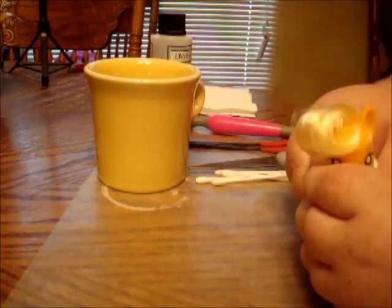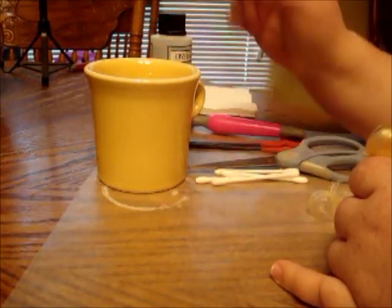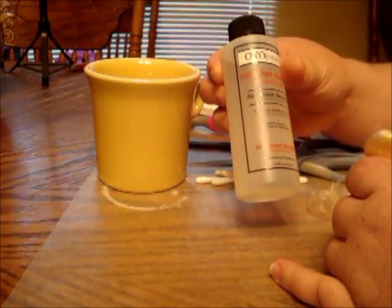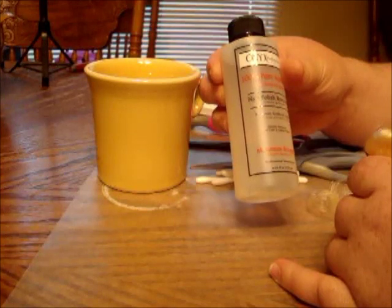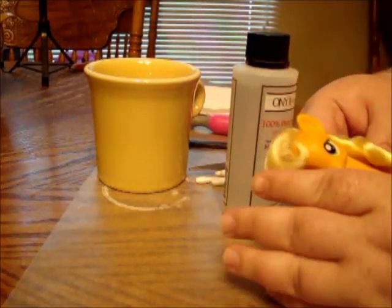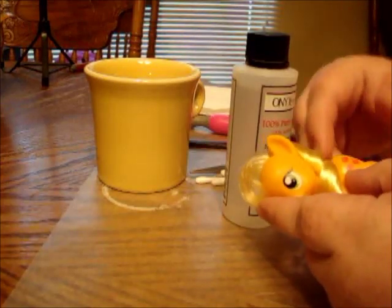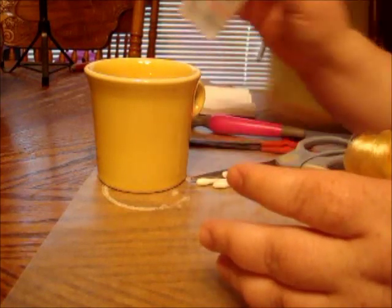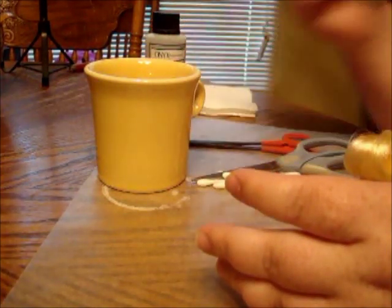Things you'll need: the pony, of course, a pair of scissors, pure acetone. Some people try and use nail polish remover. I don't recommend it, mostly because it won't strip all the color off the pony. It'll just smear the symbol around and you're just left with a big old nasty mess, so don't even mess with it. An X-Acto knife,